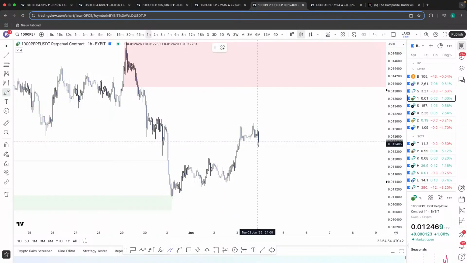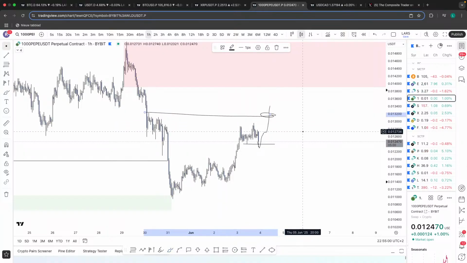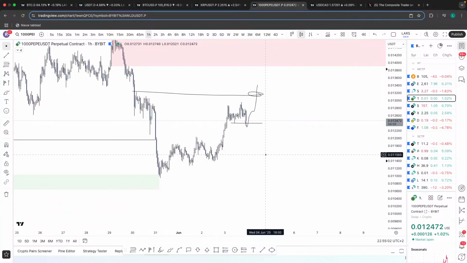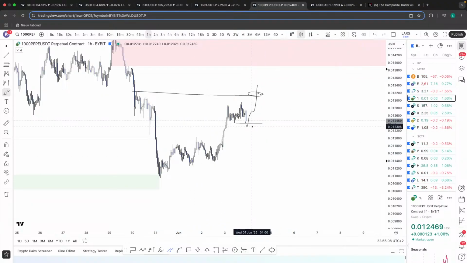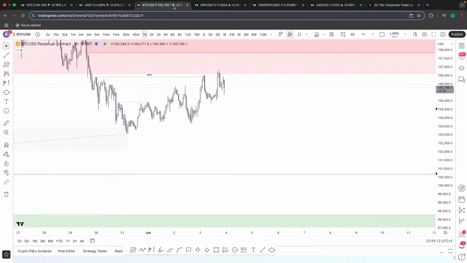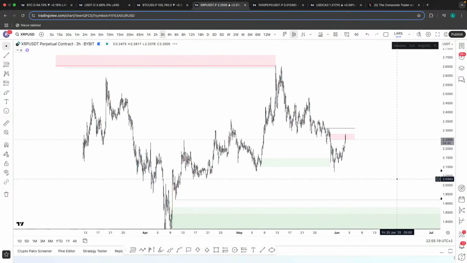If you want a continuation, you sweep that liquidity and then go higher towards this buy side liquidity right here. Otherwise you can just get a retracement, because there was no proper accumulation model here at the bottom to begin with. So it's been a sketchier move up overall, which again aligns with my vision of going lower here, sweeping sell side liquidity, coming into the high time frame POIs, and then swing longing it back up.